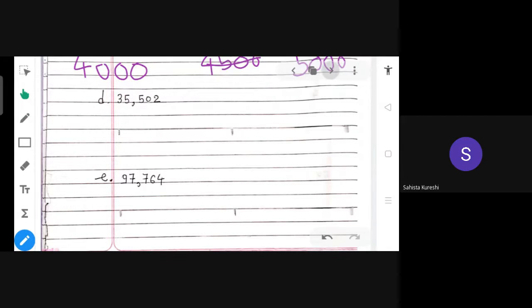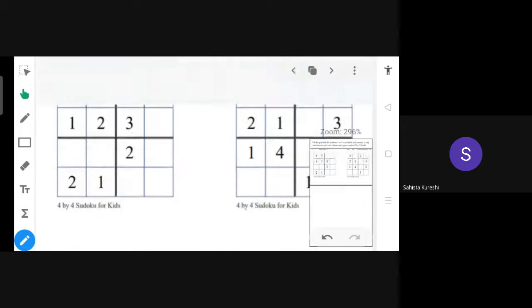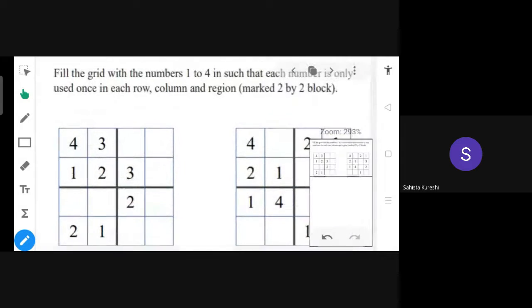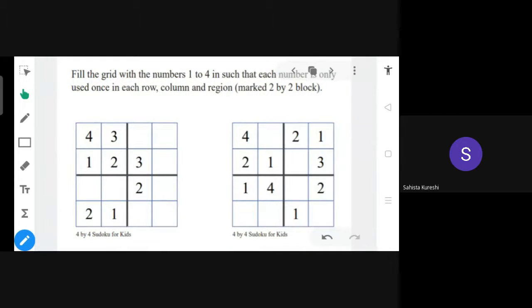want to explain that puzzle also. That's why D and E you can do in homework, means you can just try. It's not compulsory, but if you try, it will be good. Now, Saima, just read.